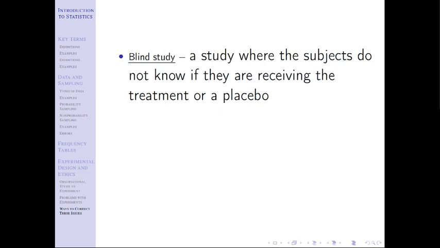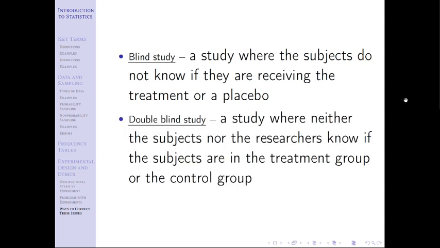If we'd told the group of people who were getting the drug that they were getting the drug, then they would have done so much better than the people we said, yeah, we're giving you this, but it's not actually the drug, right? So we need our studies to be blinded. We need them to not know if they're getting the treatment or placebo. But even better than a blind study is a double-blind study, which is a study where no one knows what's happening. The people getting the drug don't know what they're getting, but the people giving the drug don't either.